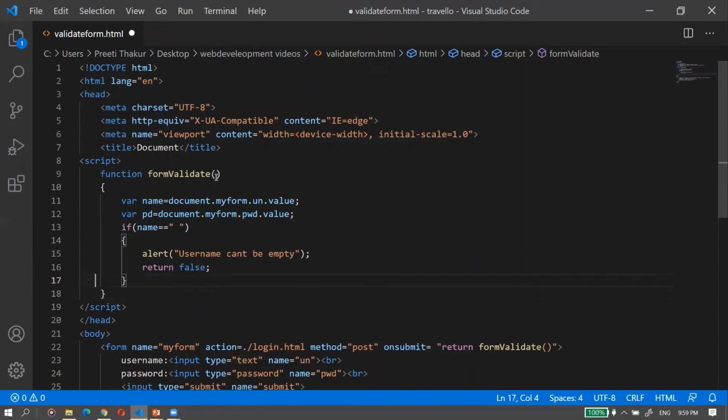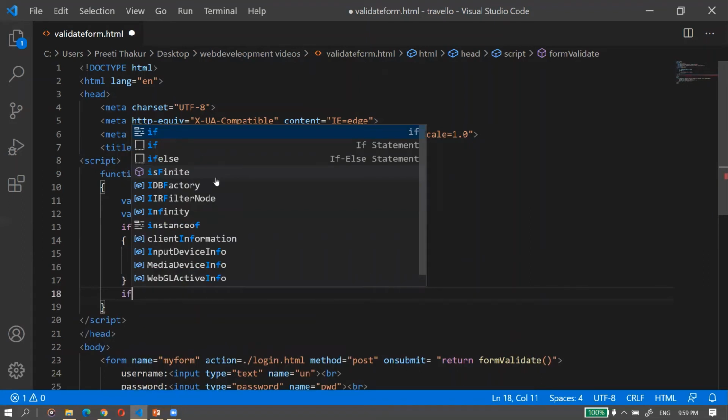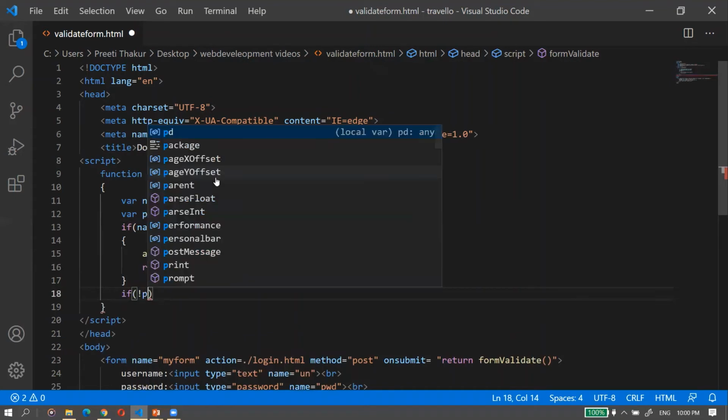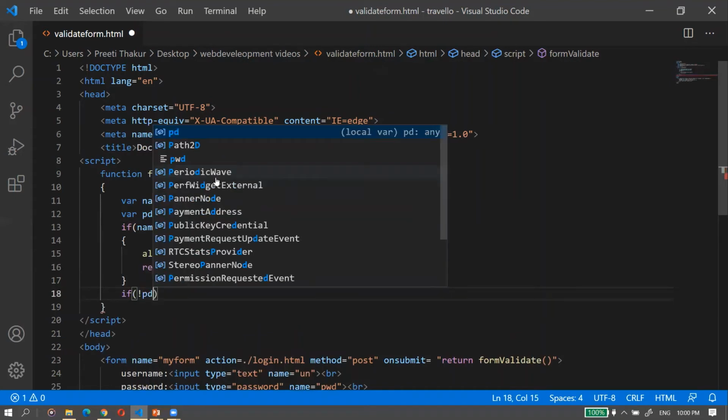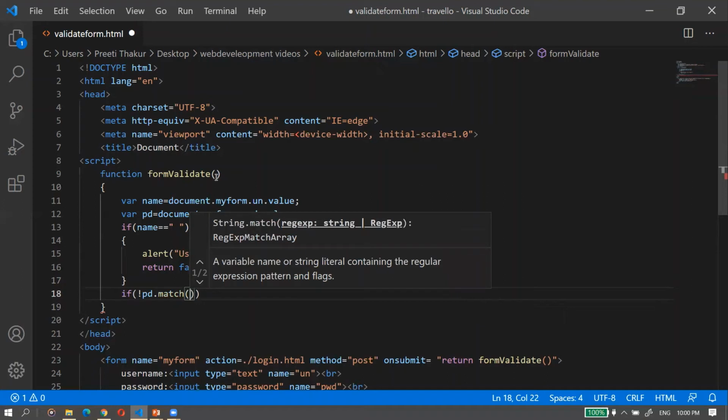Next is for the password. So now if this password value, whatever is the password value which is stored somewhere in pd, is not matched, so pd dot match here: for a particular type of value of the password, there is a regular expression which I have to match with the given password.